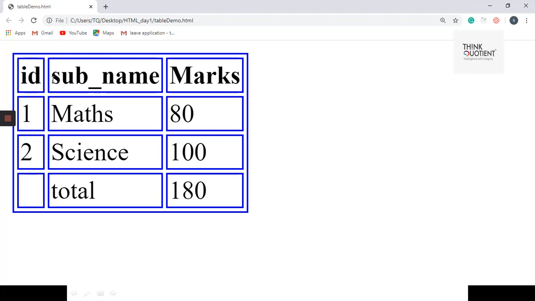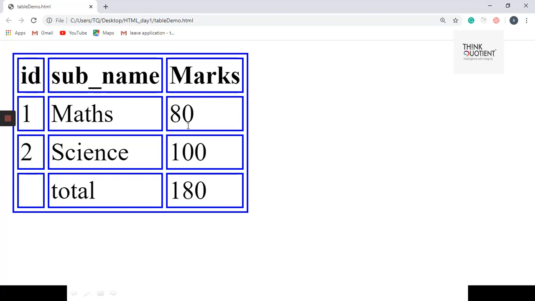So headings are represented in some bold format, right? So to add the headings, I have added this th tag. So you can see, the first th is nothing but id, the second th is nothing but subject name, and the third th is nothing but marks. So after that, somewhere the row is going to end and you have to create again a new row. After the first tr closes, you have to start again with a new tr. So I have defined over here tr. In that tr, I can see that a table data is present over there. So simply I have assigned over here td, and in that td I have said 1, next td maths, next